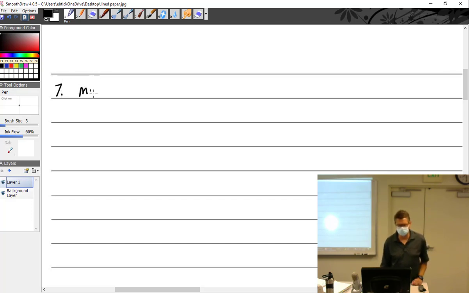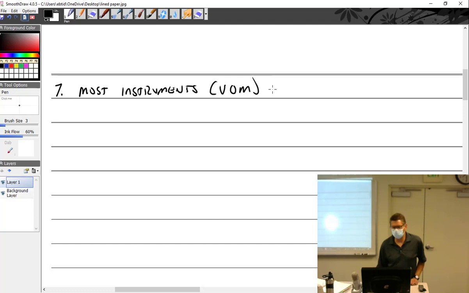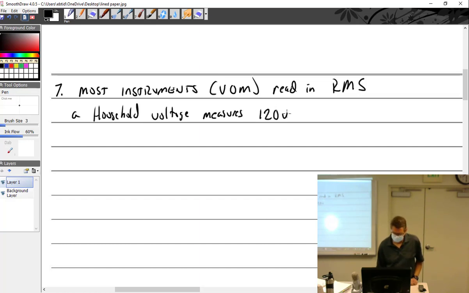Most instruments, meaning your volt ohm meter, VOM, read in RMS. All right, so let's take a look at kind of what that means, something we're familiar with. So we'll say household voltage measures, we're going to call it 120 volts today. 120 volts. So what is